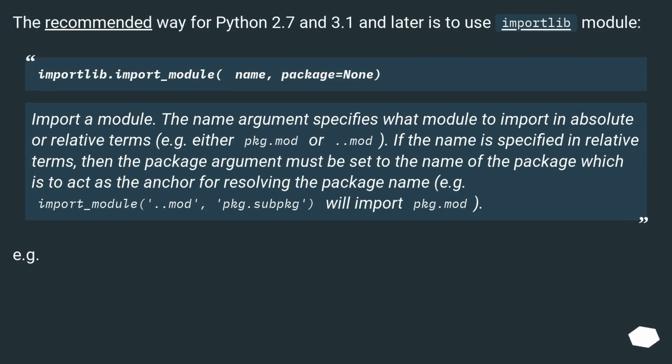The recommended way for Python 2.7 and 3.1 and later is to use the importlib module. importlib.import_module(name, package=None). Import a module. The name argument specifies what module to import in absolute or relative terms, for example either pkg.mod or ..mod. If the name is specified in relative terms, then the package argument must be set to the name of the package, which is to act as the anchor for resolving the package name. For example, import_module('..mod', 'pkg.sub') will import pkg.mod. For example,